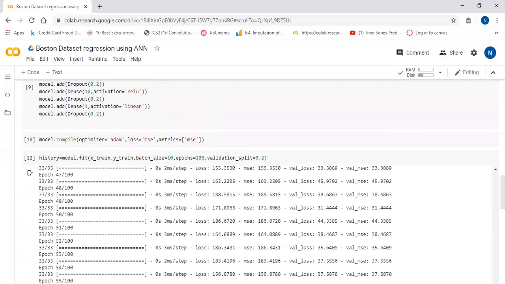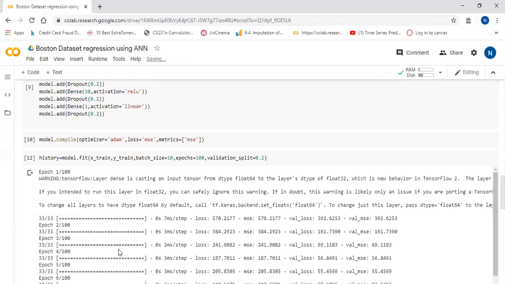You can see our training started with the first epoch. The first epoch validation loss is around 392, and validation mean squared error is also 392. In the same way, the training loss is this, and the training mean squared error is this.